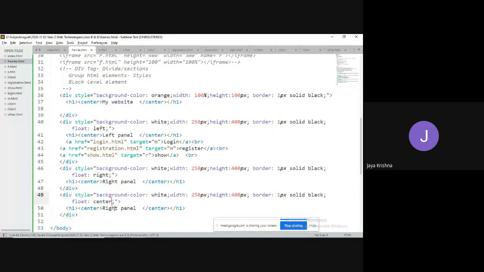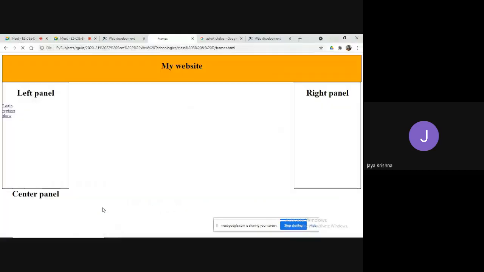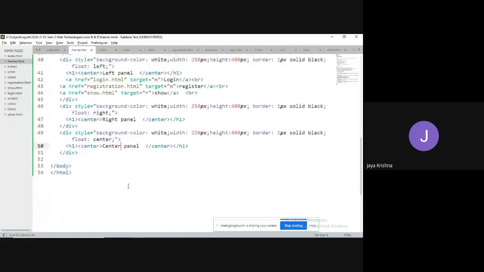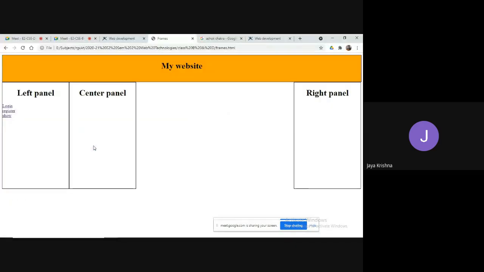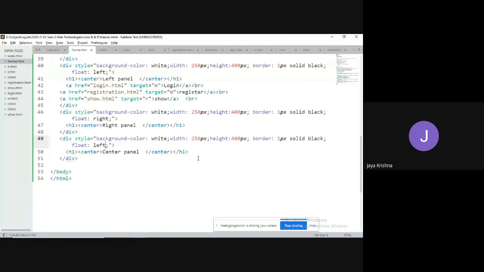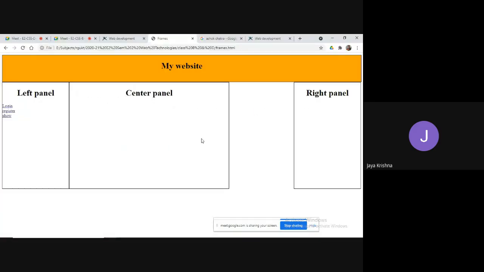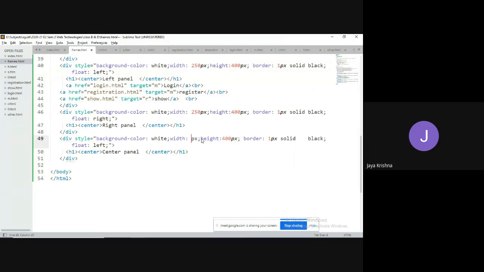Once you get the coding part and clear the concept, you will get it clearly automatically. Instead of taking center, I will take left. So now I will increase my width. 600, okay. Yes, 600.